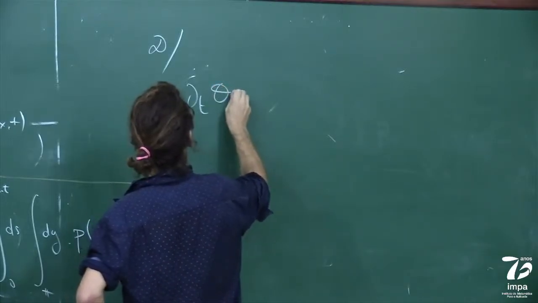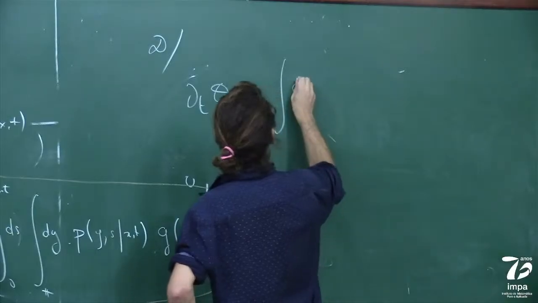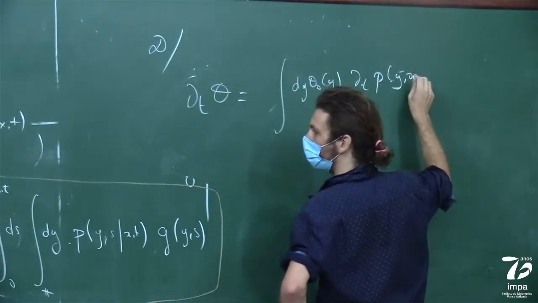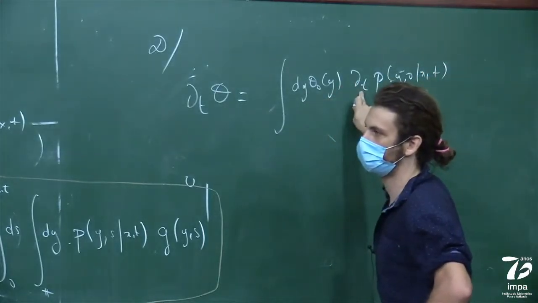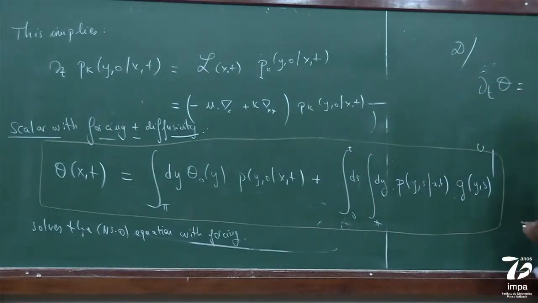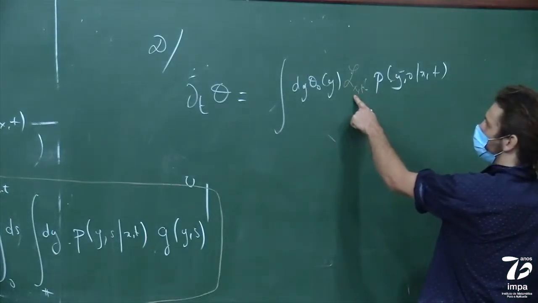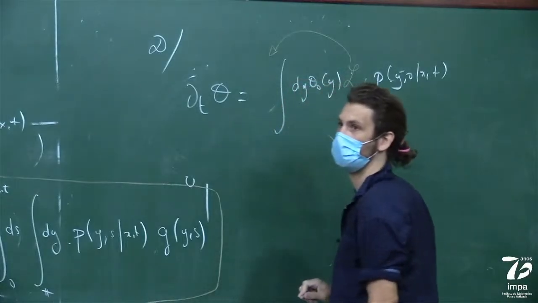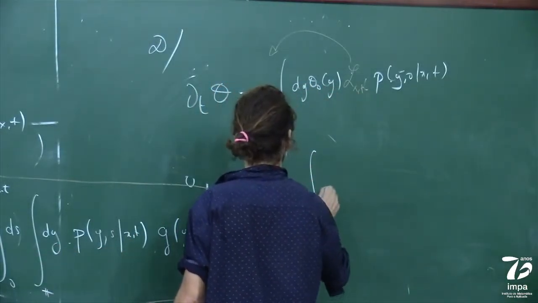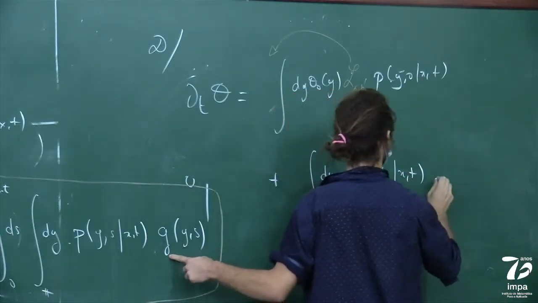dt of theta is equal to the first piece. So it's dy theta 0 of y times dt of p, y0 of xt. And this is nothing but what we've called L of xt. So because L of xt does not depend on y, we can put it here. Okay. And the second term is this one. So I have to derive with respect to t. So I will get the integral of dy times p y t xt g yt